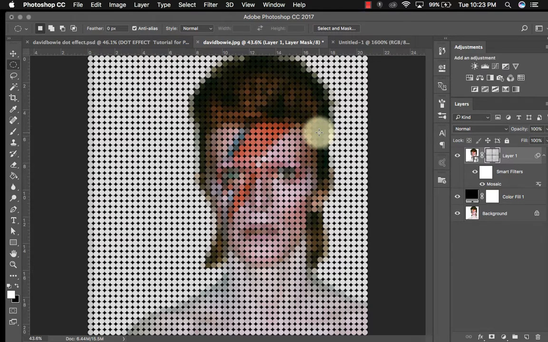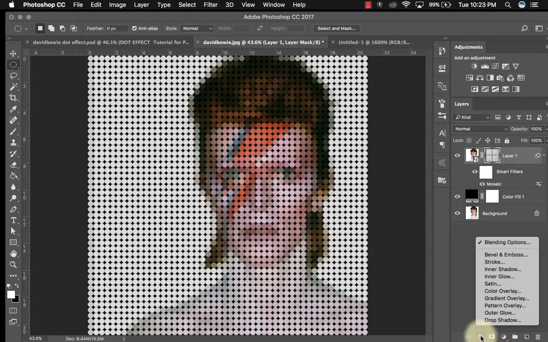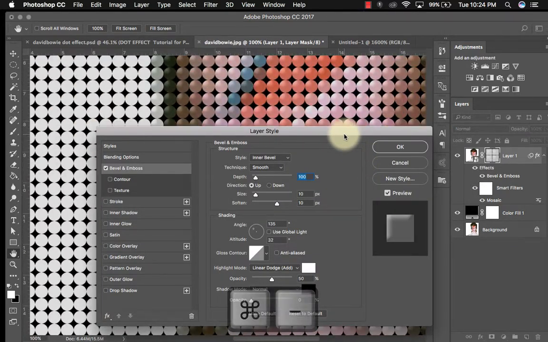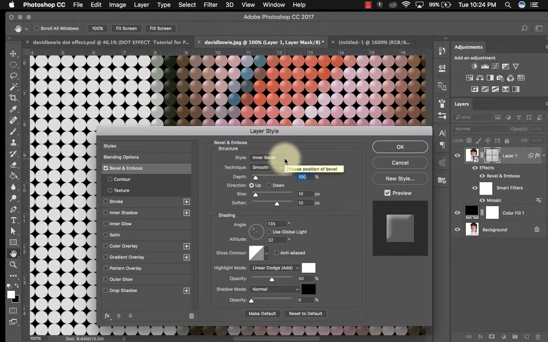So that's the basic gist of the assignment. You can also do some cool things. I'm going to show you really quickly. You can either double click on your smart object layer here or click on the FX down at the bottom of your layers panel. Click on Bevel and Emboss. That's going to give it that cool effect of looking like three-dimensional little dots. Under Bevel and Emboss, change it to Inner Bevel. The technique should be Chisel Hard. The depth should be